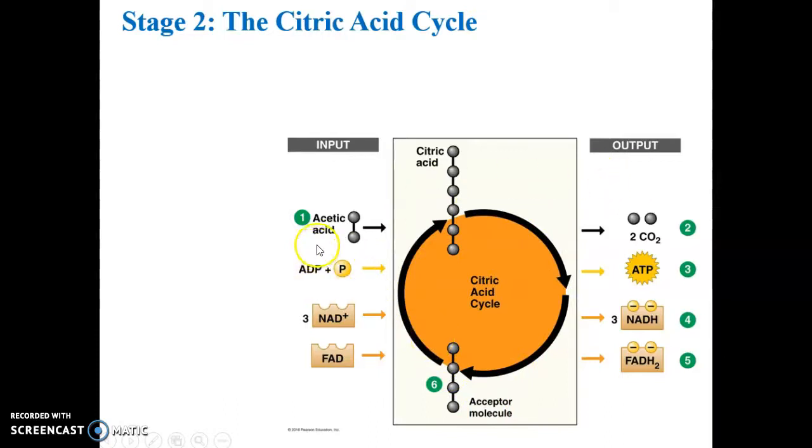And for each acetic acid or acetyl-CoA that enters, some ATP is produced, some carbon dioxide is produced, but notice how many electron carriers are produced. Okay? 3 NADHs and 1 FADH2. Notice over here they're empty. They pick up electrons from the breakdown of the acetic acid as it cycles through the citric acid cycle. So most of the electron carriers